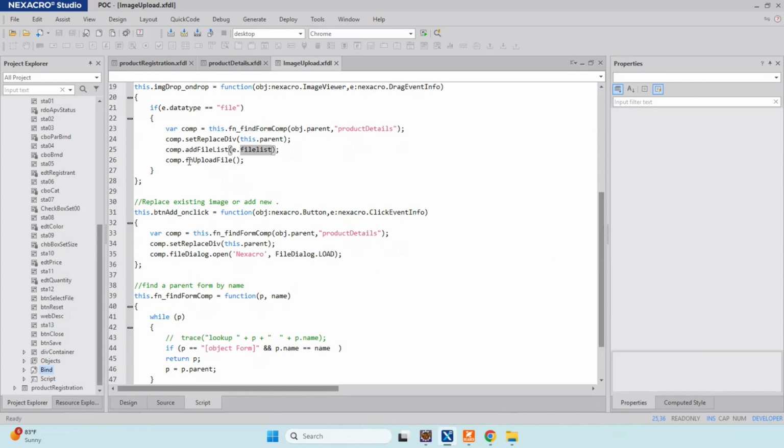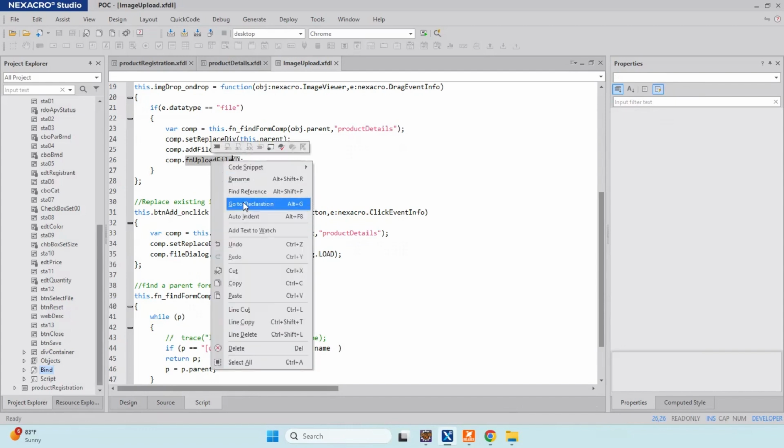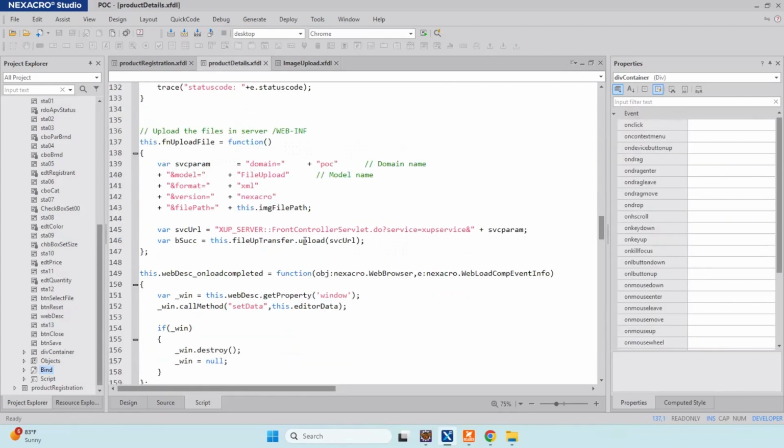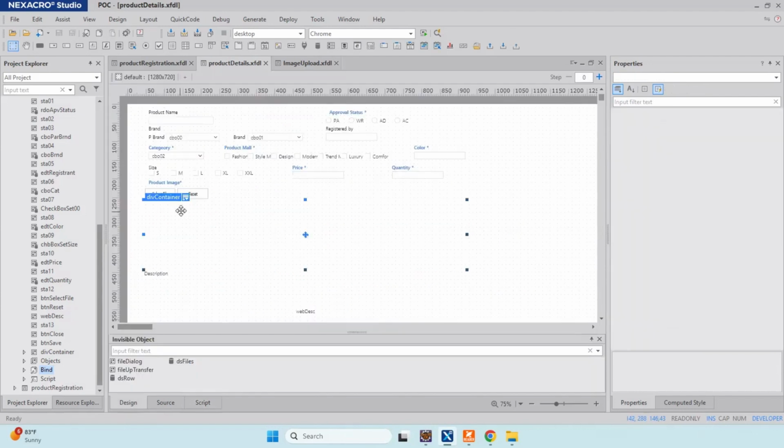So when this upload file method is complete and it's successful, the file will be uploaded to the server and you will receive the data set with the information about the files that have been uploaded. And then from that data set, we will create the area here.